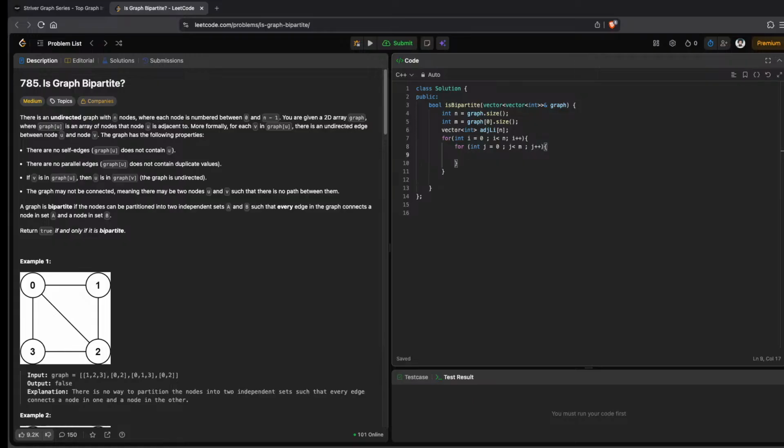And what we're going to do is, for the edge list, the adjacency list, for every vertex, we're going to store the value of